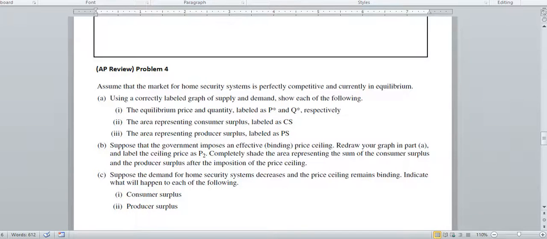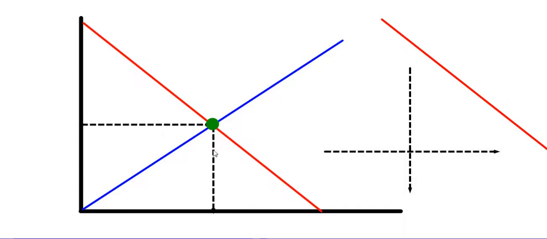using a correctly labeled graph of supply and demand, show each of the following. The equilibrium price and the quantity, which I don't think you would have any problem at all doing, even if I didn't show you. And you want to make sure you label it. I didn't label it, but you guys can do that. And then you want to show the area representing the consumer surplus labeled as CS, and the area representing the producer surplus labeled as PS. And you should remember from what we've learned that the area